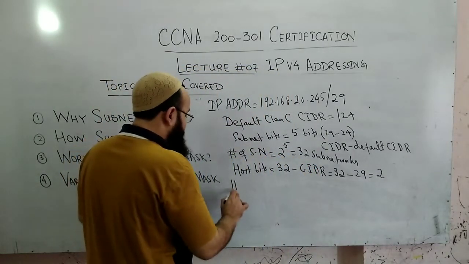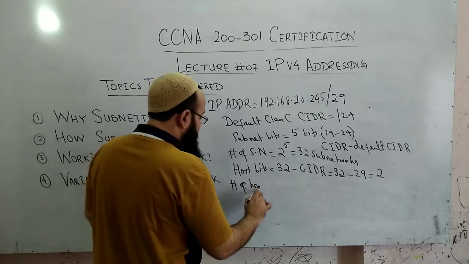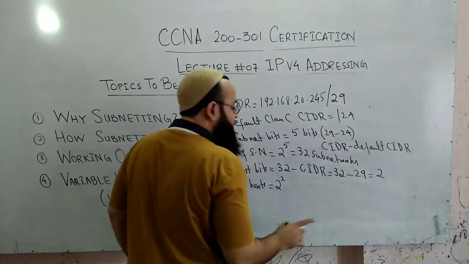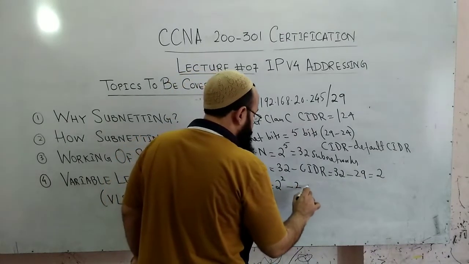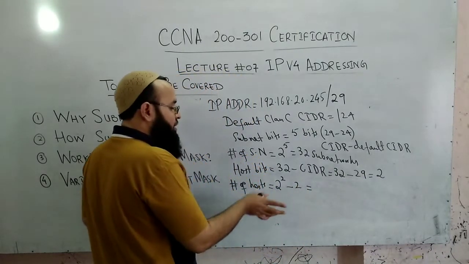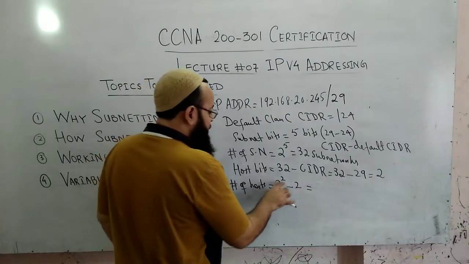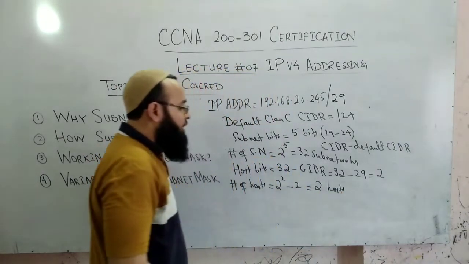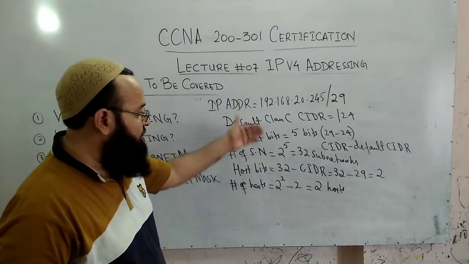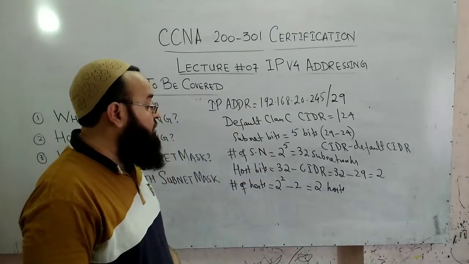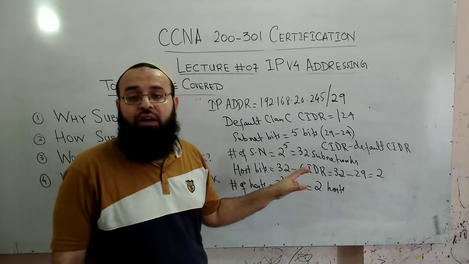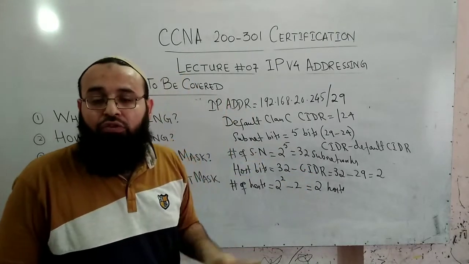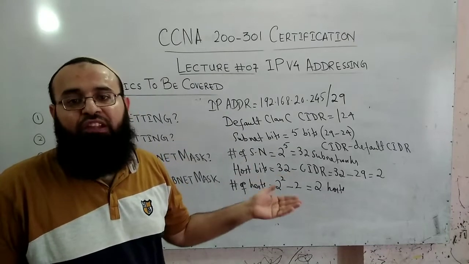So how many hosts are possible now? The number of hosts is equal to 2 to the power 3, but as I have told you earlier, you have to always subtract 2 from the host ID range. 8 minus 2 is 6. Only 6 hosts will be placed in each subnetwork. So with this working, you can say that you have a total of 32 subnetworks and each subnetwork will have only 6 hosts in it. So this is the concept of performing subnetting.